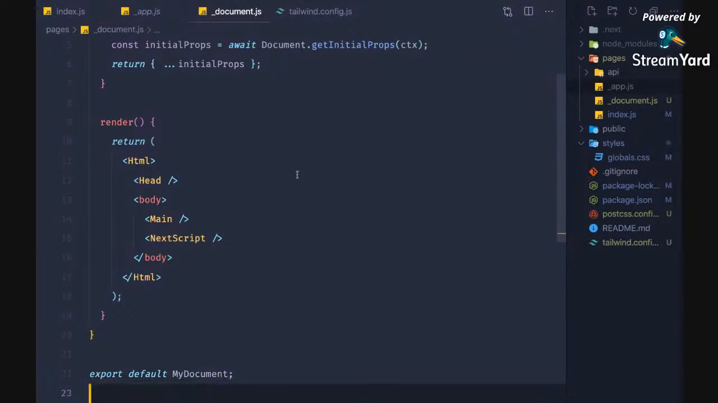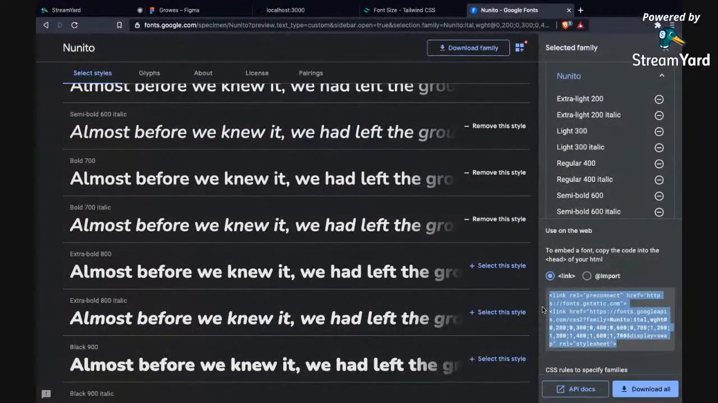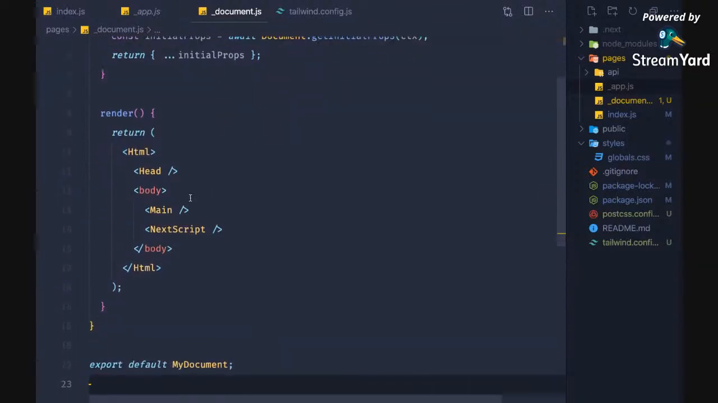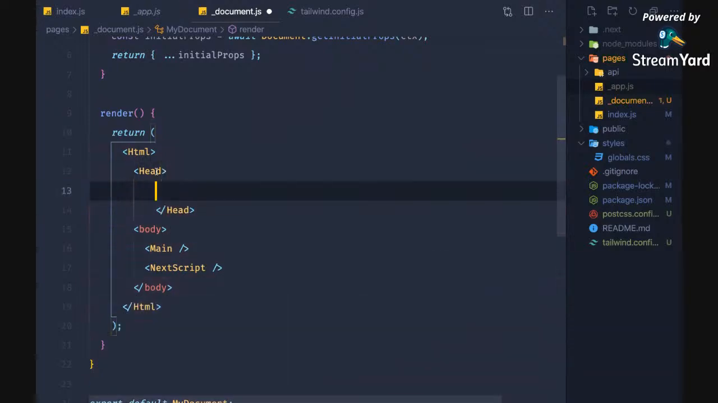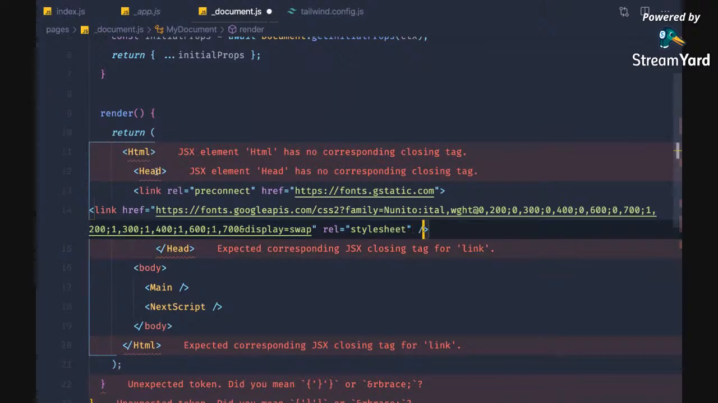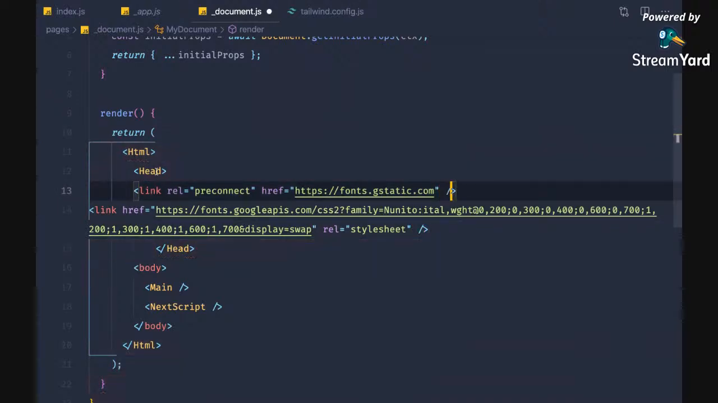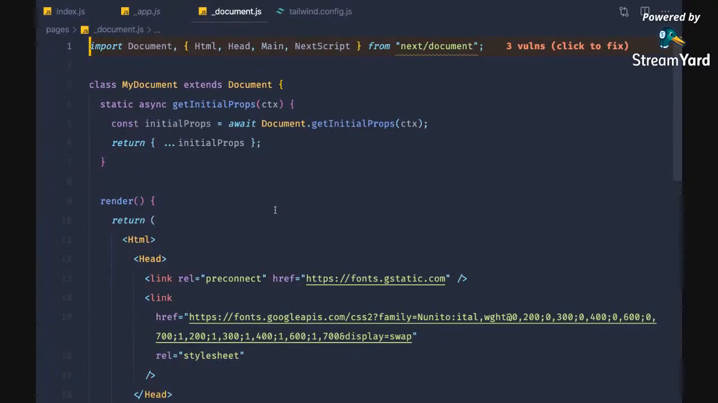Paste it. Now it is good. And here I can have our font. So we have this head tag, so I can use the head closing, and inside it, let's put it. What happened? I need to self close these two link tags. Cool. So we have this font with us, Nunito font,